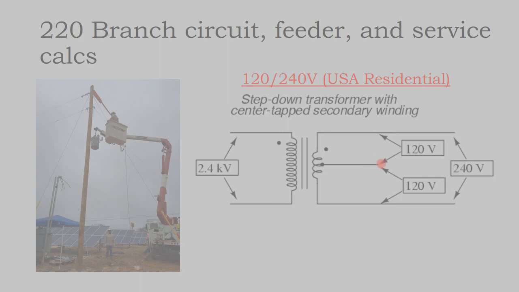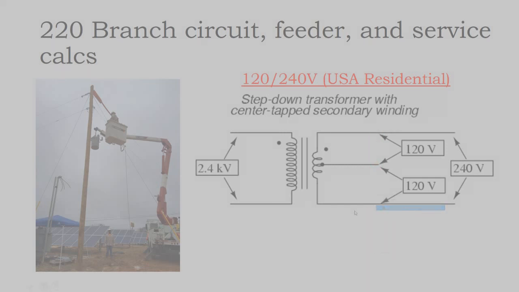It's just the standard that we use, and it's how we step down our medium voltage from the power lines that may be operating at 2,400 volts, how we step that down to 240 volts, and then again to the 120 volt circuits